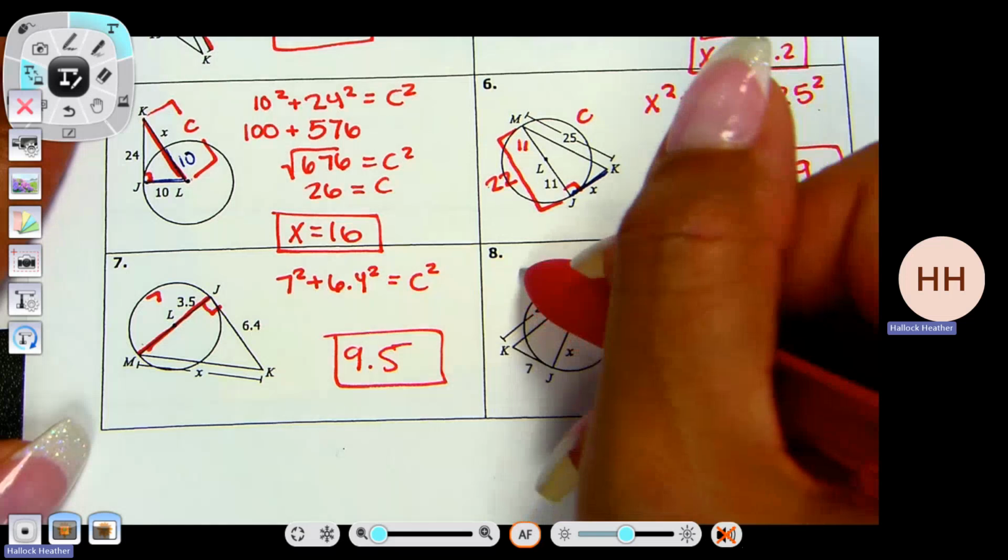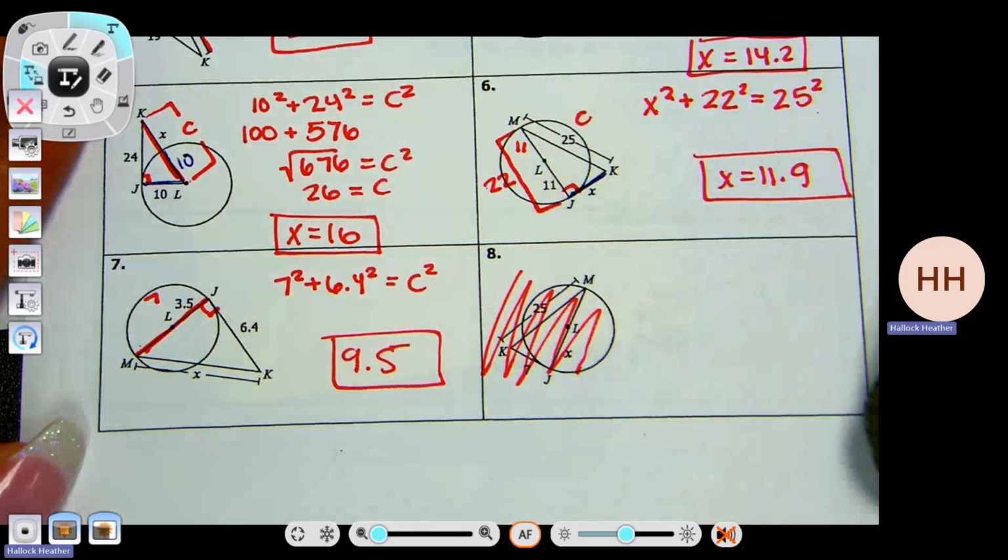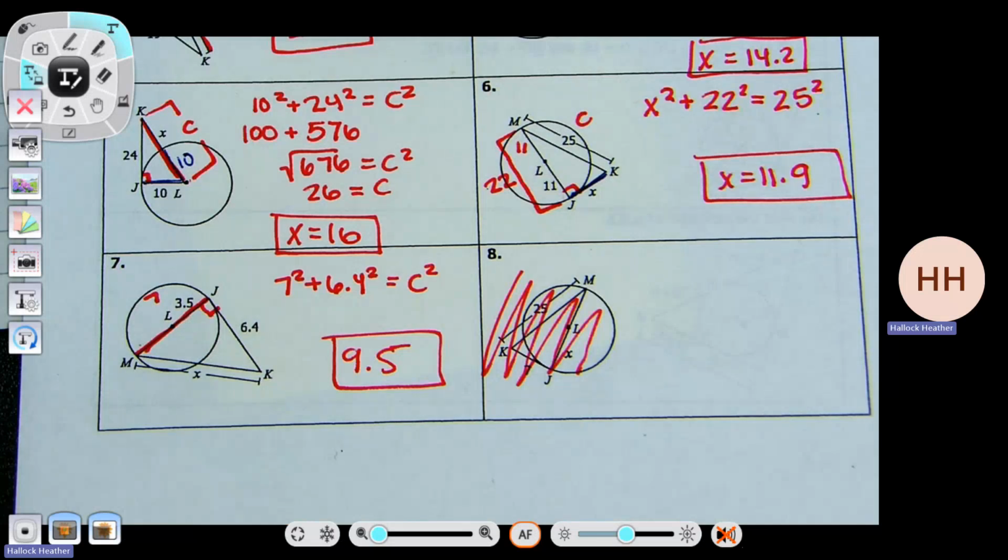Okay, let's skip 8. Let's skip 9. Okay, so the next thing with tangents, so tangents you can do right triangles, you could do the Pythagorean